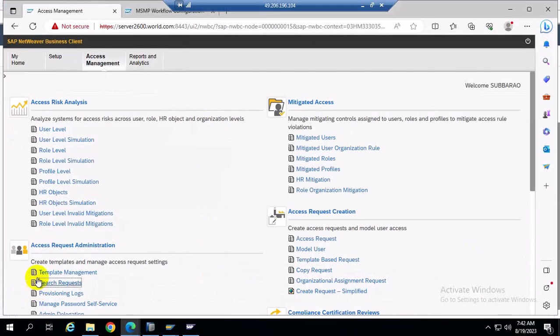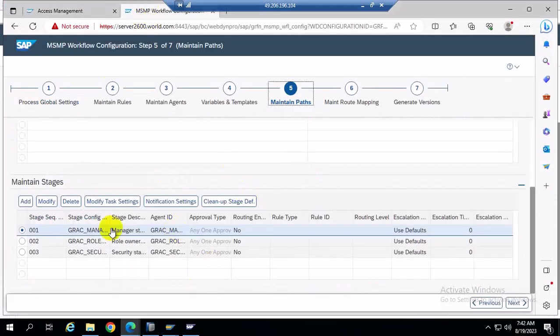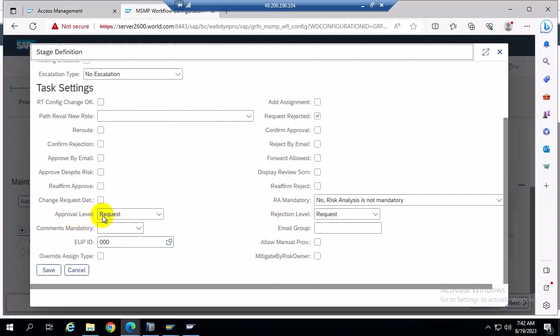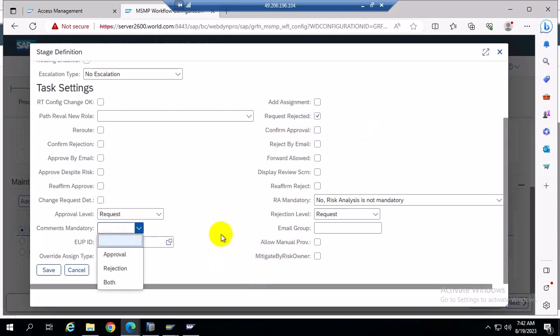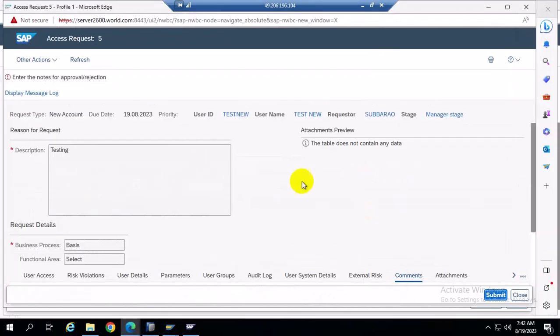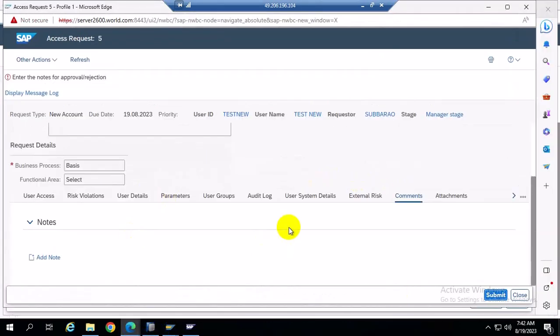Okay. Now the scope of the settings, approval level or reject level request. Oh, sorry. Why is it asking? Oh, as admin it is asking. For normal it won't ask. On behalf of others, on behalf of admin I am approving. So it is asking comments. But generally it